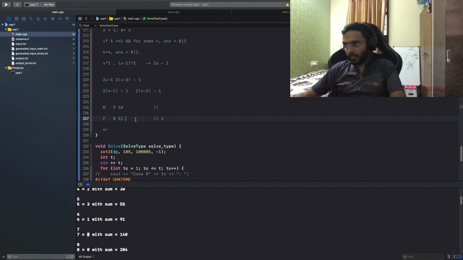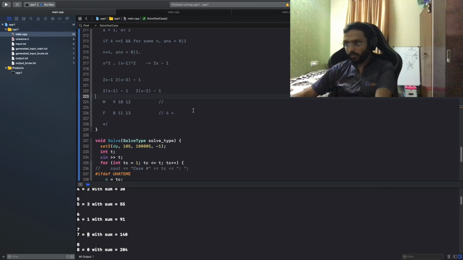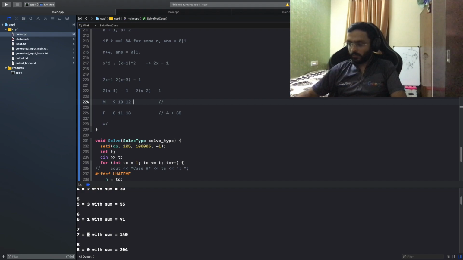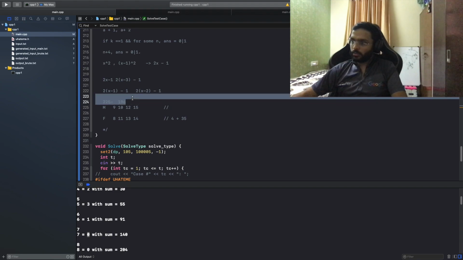Then again I will give my friend 13 candies and got myself 12 candies. So my friend is leading by what? 169 minus 144, right? That's like 35 candies. And then ultimately I will give myself 15th heap and my friend 14th heap. So that's like 225 minus 196. So that's like 25. Wait, am I doing this right?